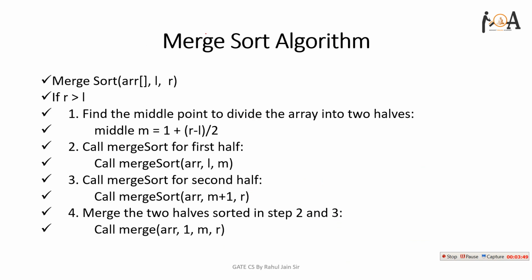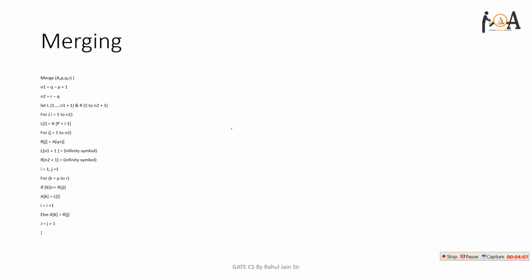Now the merge sort algorithm is as follows, and it is the simplest one: divide the array into two equal halves, sort the first half, again sort the second half, and merge them. So we will discuss it later, but before that we need to focus on the major part of merge sort, that is merging. Merging is the most important part of the merge sort algorithm.